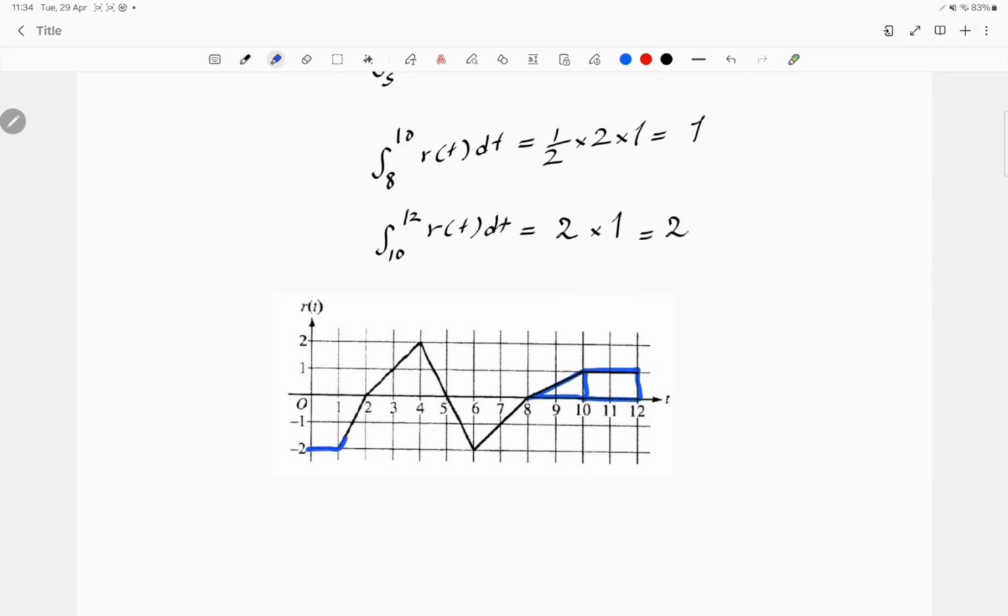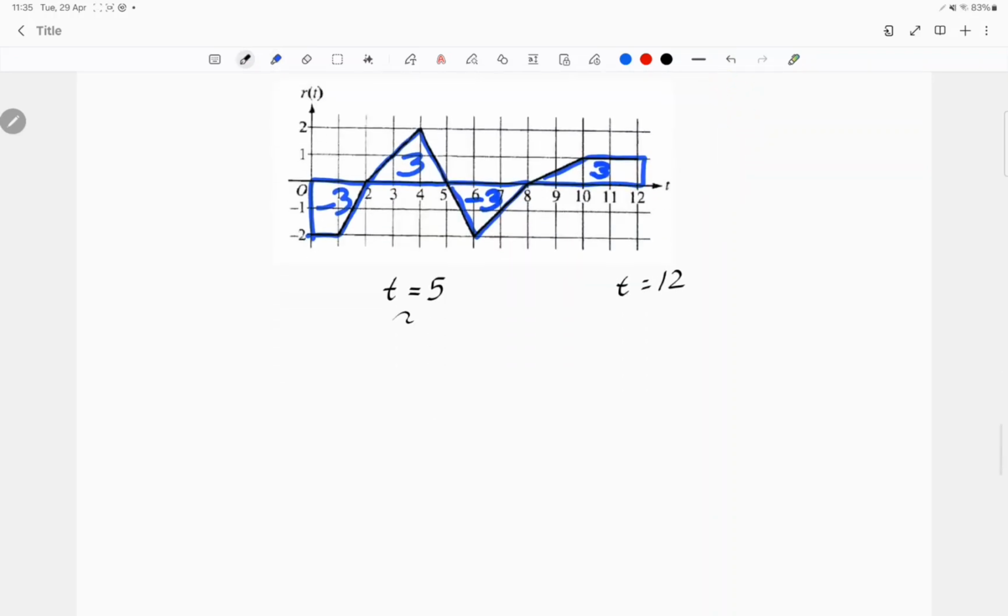So now we can tell that this thing here was minus 3, this thing here was a 3, this thing here is a minus 3, and then this thing here combined was a 3. So now we know that at time 5, the negative 3 and the 3 here will cancel out. We already know that. And then we know that at time 12, essentially, the negative 3 here, the 3 here, the negative 3 here, and the 3 here, if you add them all up, they will also cancel,